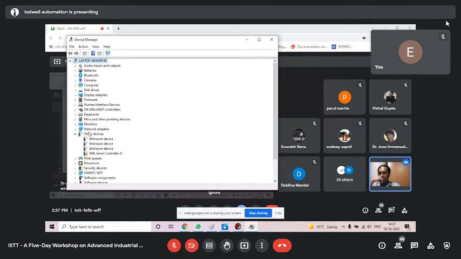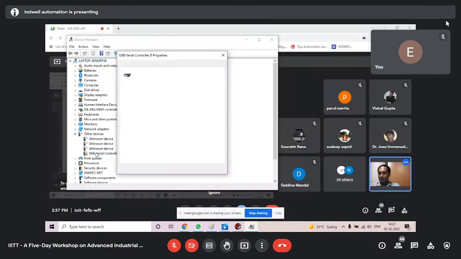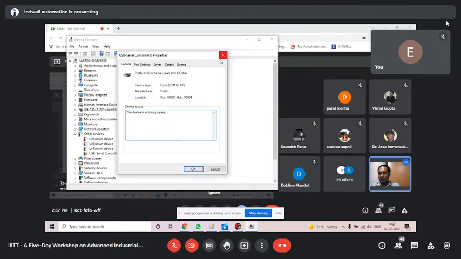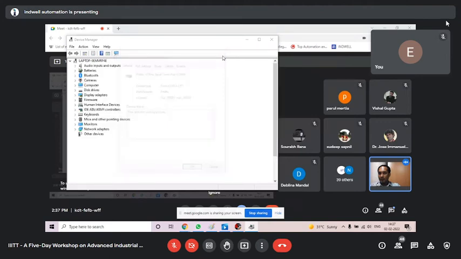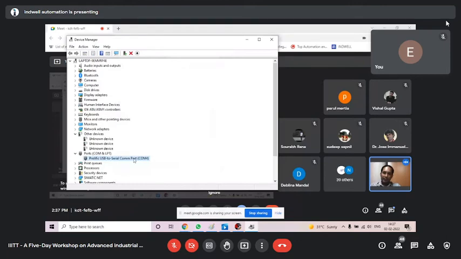Now you can see where the port is here. It is not installed yet. It is being installed. This port is not configured yet. Now configured. So now you can see it is COM port number 4. It is visible on your screen.